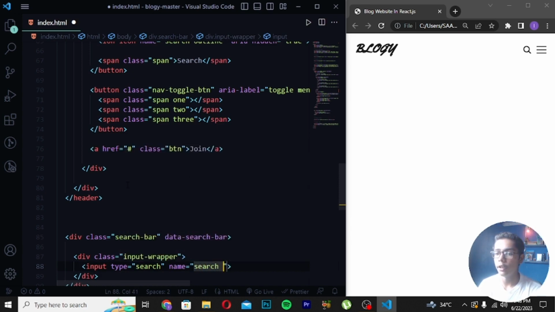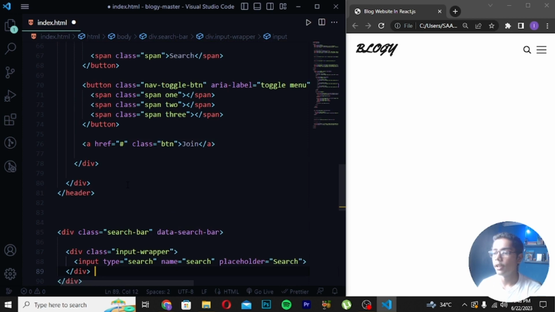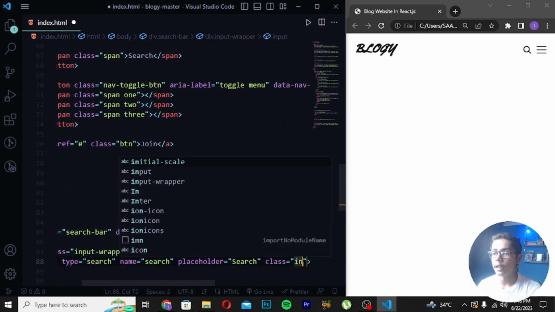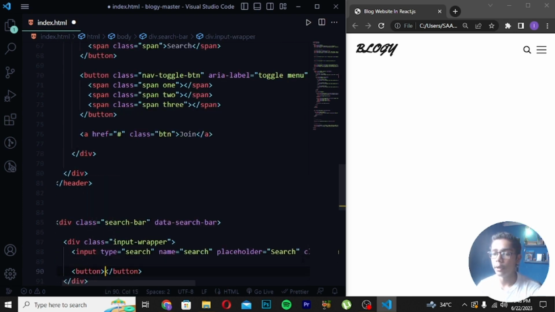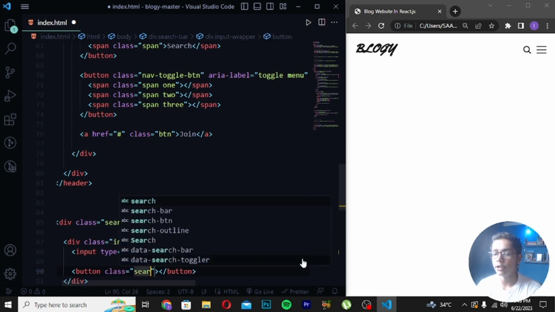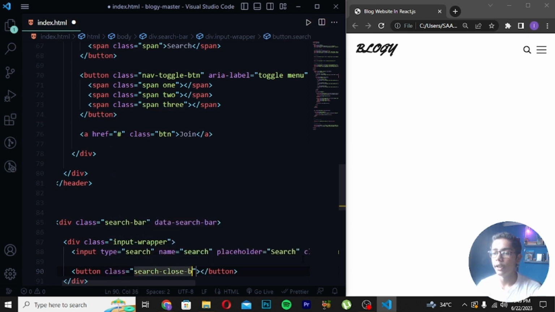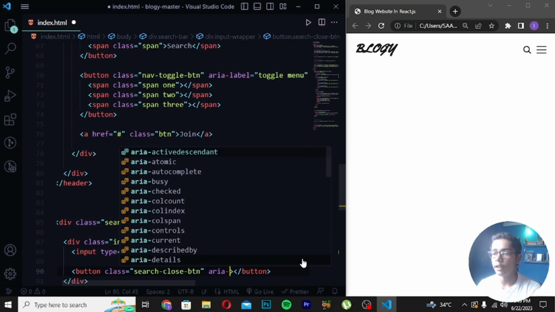So I will be now writing here search. Write placeholder here which should be search. Then you have to now directly move forward after this tag and then right here class input-field, and then after writing this input-field you have to now move down, right here button class, and right here search, and write close-btn like this, right here aria-label, then I